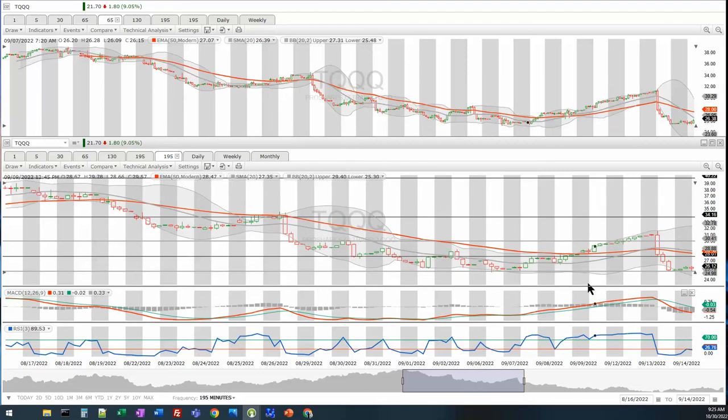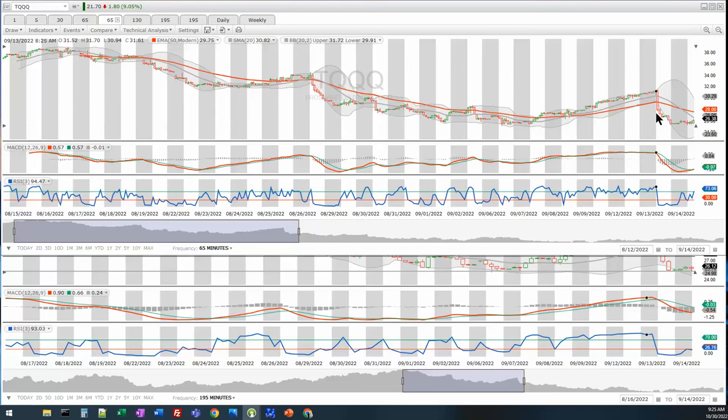Now this failure point right here is a little tricky. I think, what was on this day? There must have been some news on that day to abruptly just drop straight down like that. I can't remember what it was. Maybe it'll come to me, or maybe we'll look it up or something. But let me go ahead and scroll to the next time frames. But before I do that, when you look at that, that's tough to predict that it's just going to fall like that,